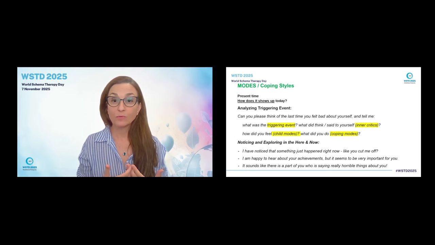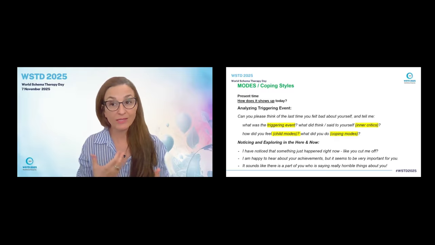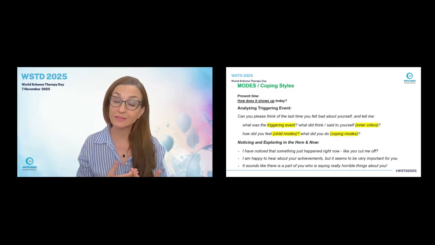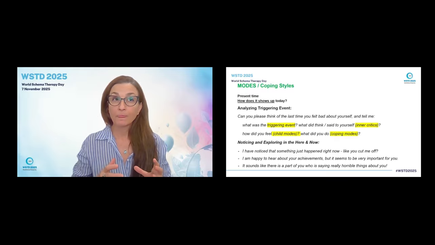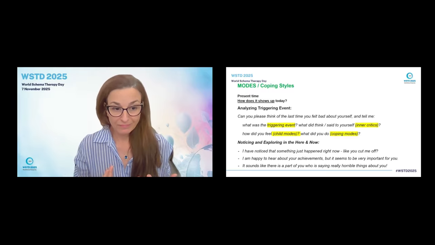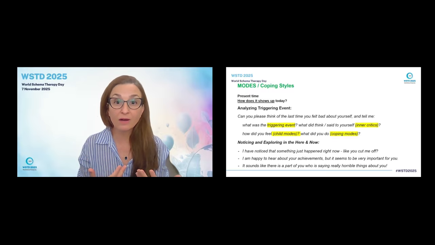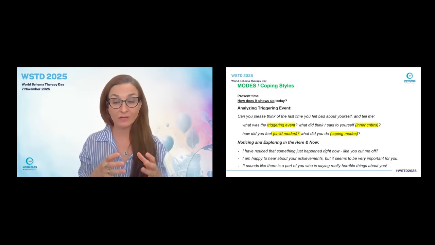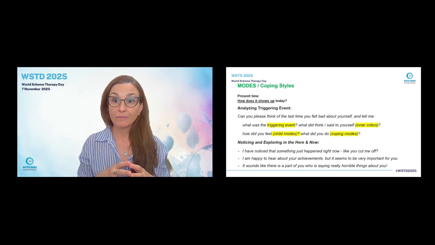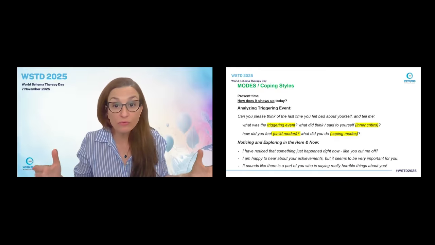In present times, when we face a triggering event, an event where the needs are not met and schemas are triggered, the way any human being would turn to, what we'll see is the different modes. Modes are transient, they are momentary states of self, which operate in the present moment. Therefore, we can start by exploring recent triggering events to begin mapping the modes around the reason for referral,